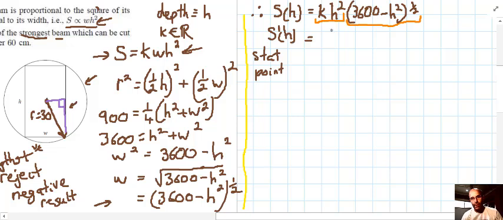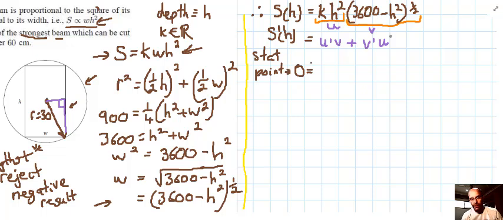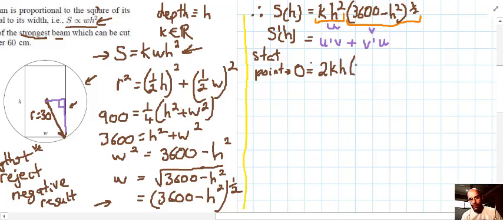So we've got the parts of the product are U and V as such. So we've got the product rule. Now just remember, the product rule would be U dash V plus V dash U, and the stationary point is when S dash of H is equal to 0. So I've written in 0 equals. So we're going to follow the product rule on the right hand side. So if U is KH squared, U dash is 2KH. V, write V in, 3600 minus H squared to the half,